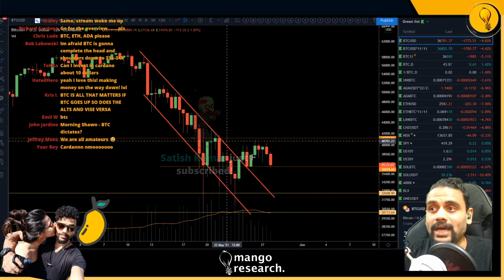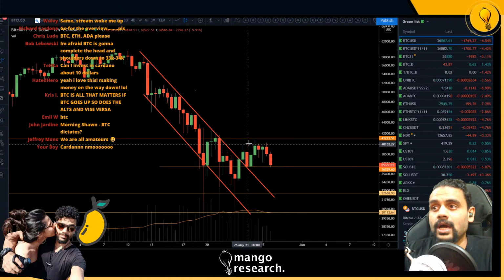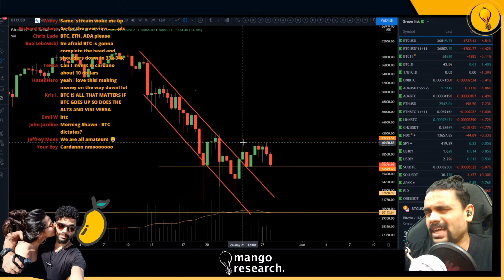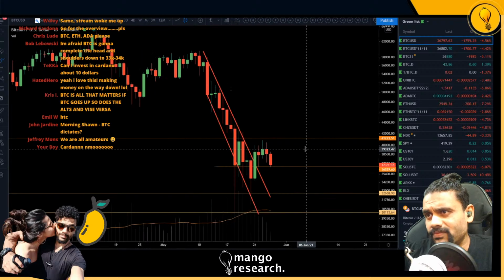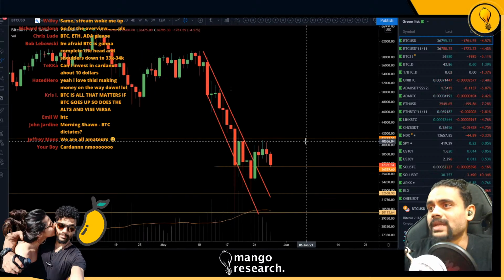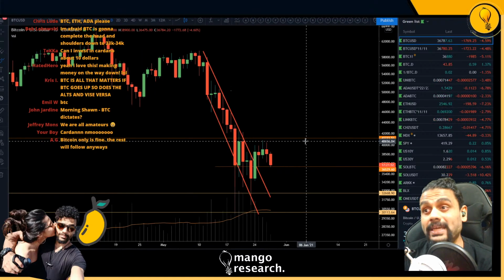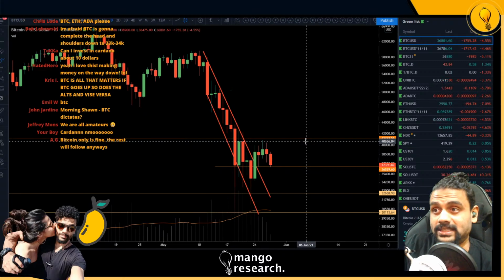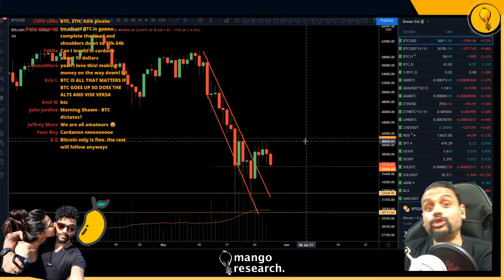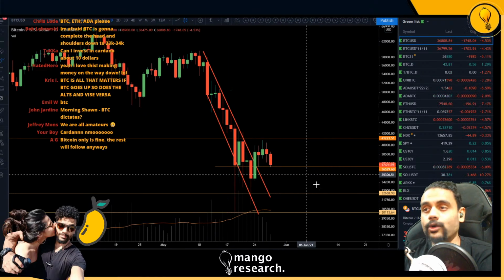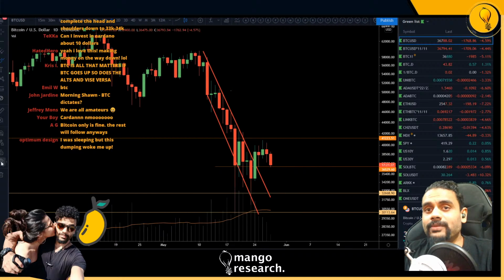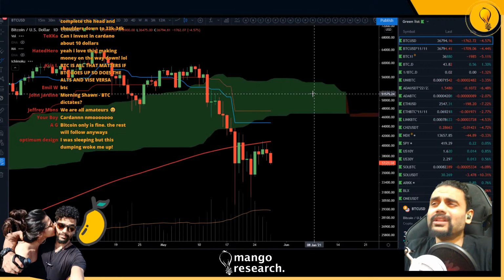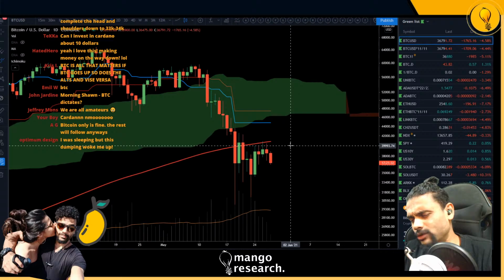So I wasn't too surprised that Bitcoin did see a rejection over here at the zone at around 40,000-ish, right? We're looking at a daily level, I believe, right over there. There was a daily resistance level coming in on those candle closes, candle opens at 40,656. The retest of that level was taking place during that live stream, and I was pretty certain that we were going to see a pullback over there. There's a little bit more lining up with that too.